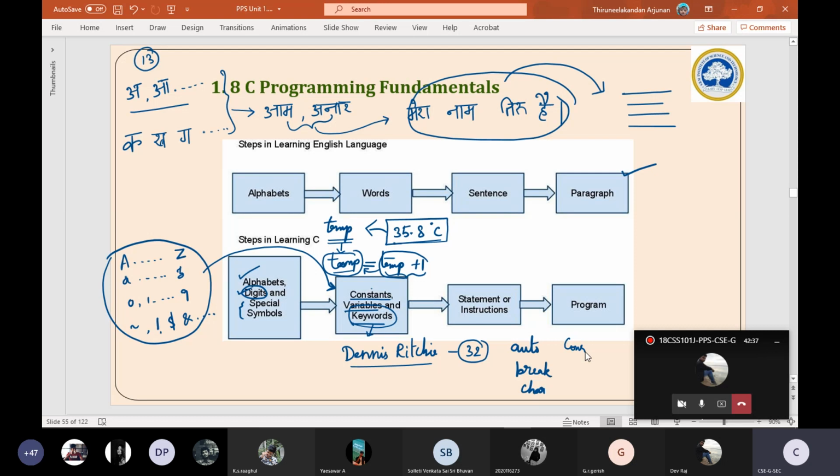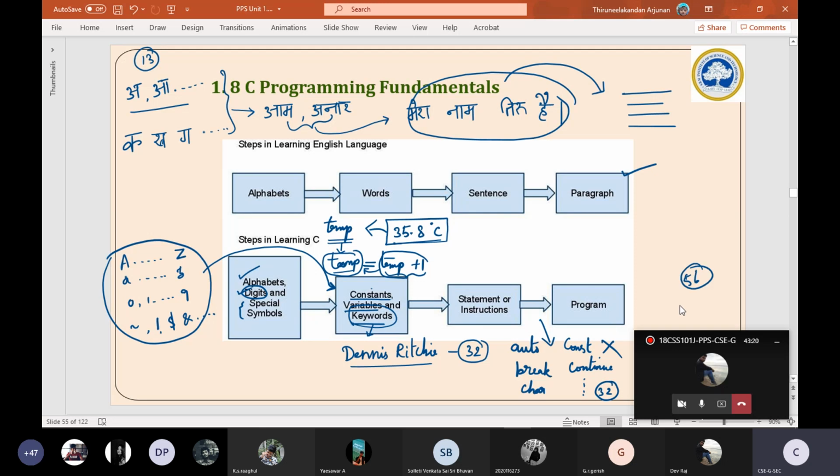But later, some people came and revised the C language. They standardized the C language. At that time, they found that certain keywords are nowhere used and certain keywords are required. So they removed certain keywords and added some, extending beyond 32. As of now there are around 56 or even 63 keywords available. It depends upon the compiler as well, in which compiler you are executing. But stick to this 32, forget about the other improvised keywords.